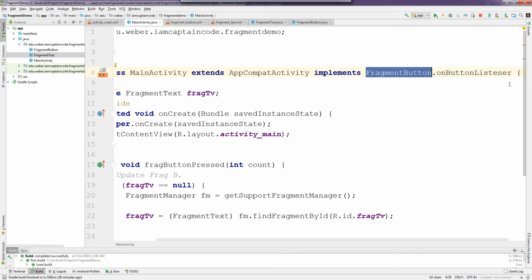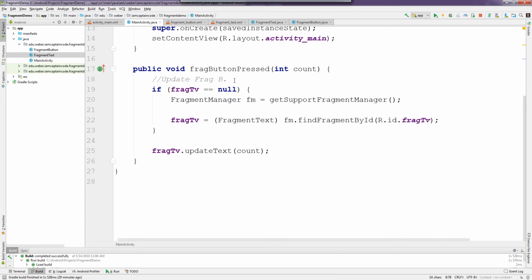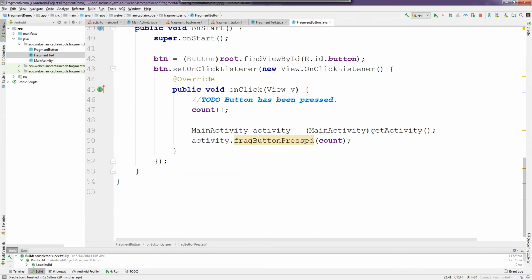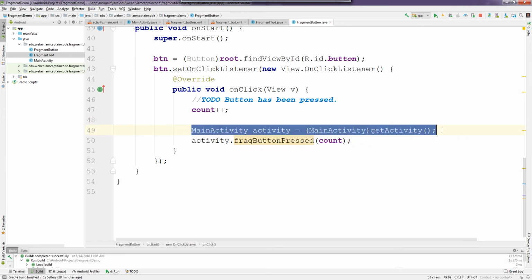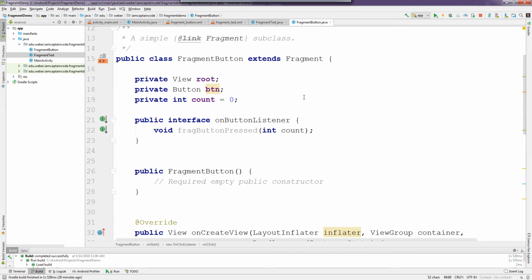Again, another reason why having inner interfaces makes sense, because now whenever you're implementing them, you can see specifically what they are tied to later on. Okay, that's all that really needs to take place in the activity, because I already have the method implemented from before. What we need to do now is change this guy. Okay, we don't want to get a reference to main activity, because again, that breaks the whole flexibility that comes with an interface. Rather, what we need to do now is get a reference to the thing that's going to be holding our interface,